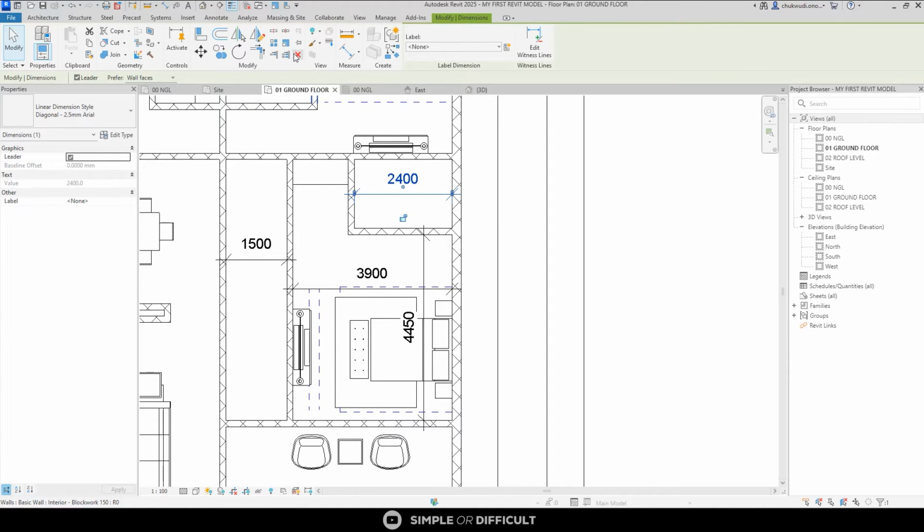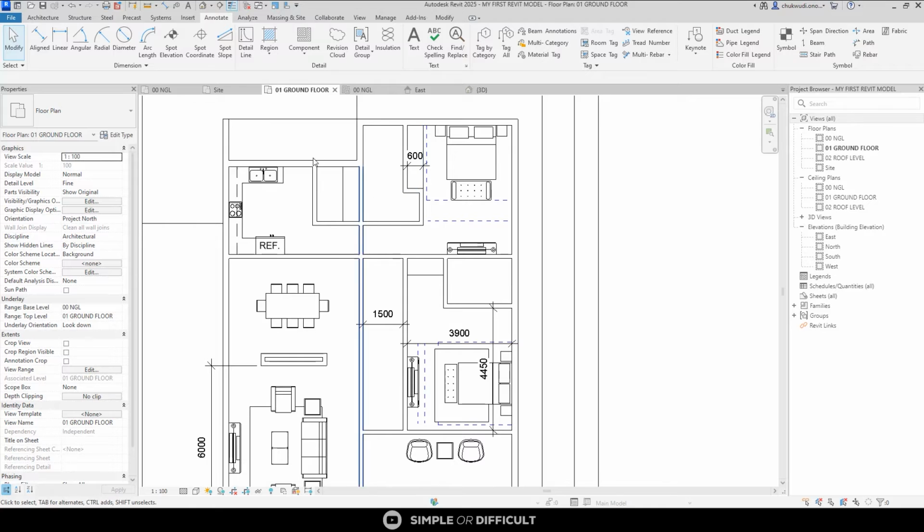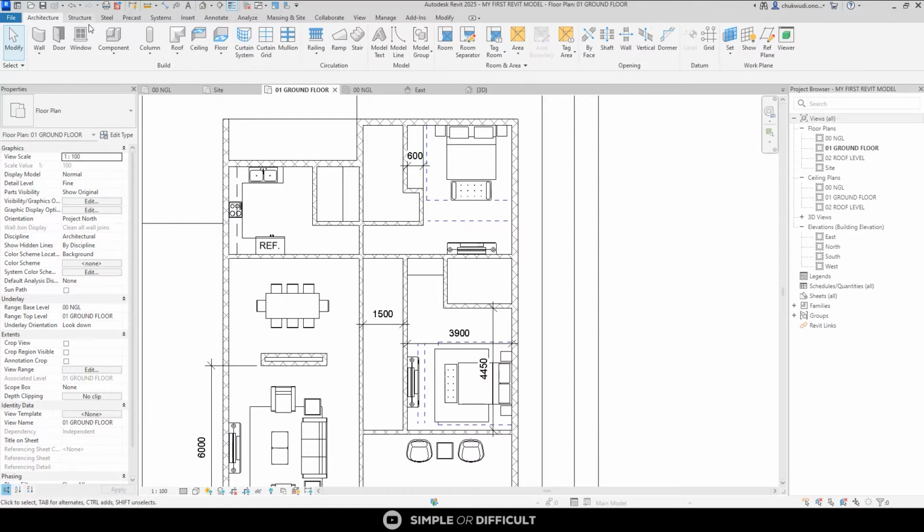Okay, so I want to put some bathroom fixtures here. So